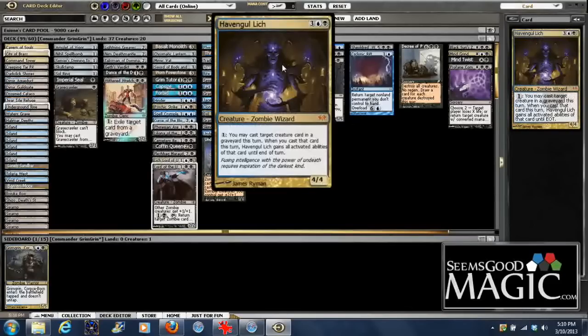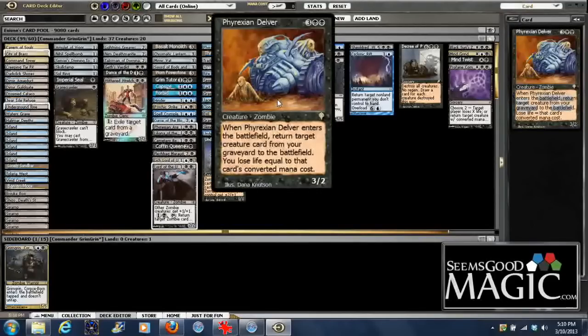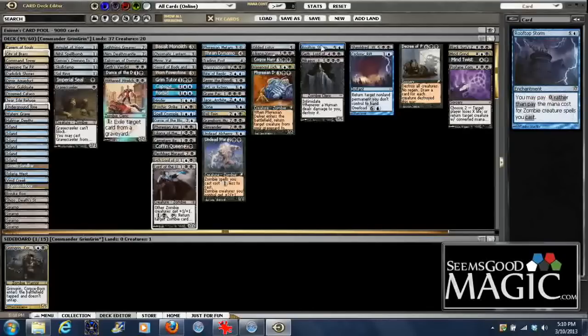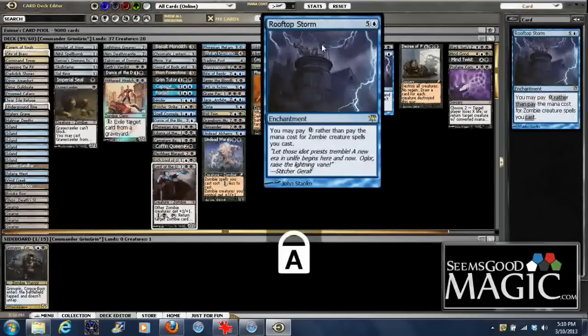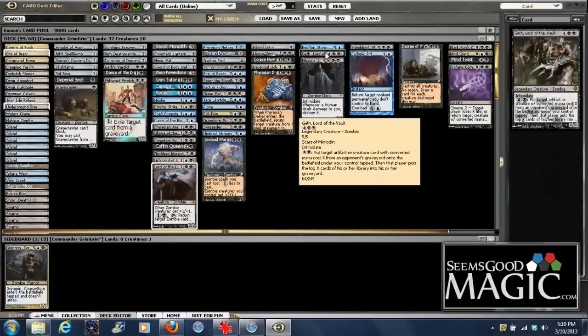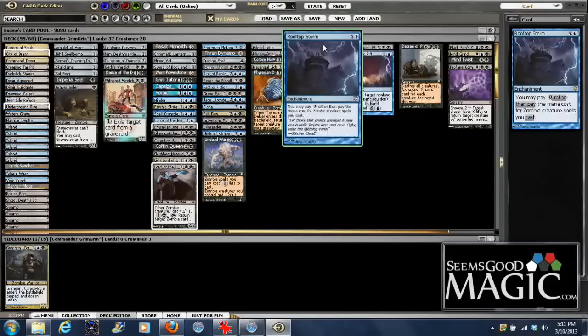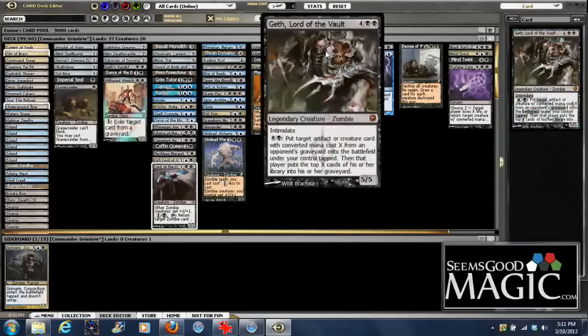I'm a good Leech. I can get a creature from any graveyard. This brings any creature from the graveyard to the battlefield. And Rooftop Storm can bring all my zombies for free. Even if my commander has died, instead of having to pay 7 the second time I cast it, with this in play, I'll have to pay only 2. Geth, Lord of the Vault,